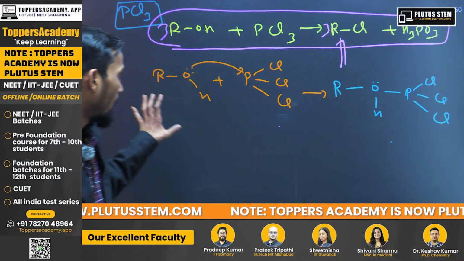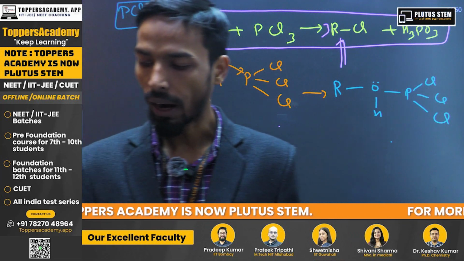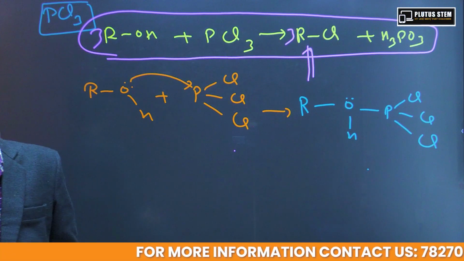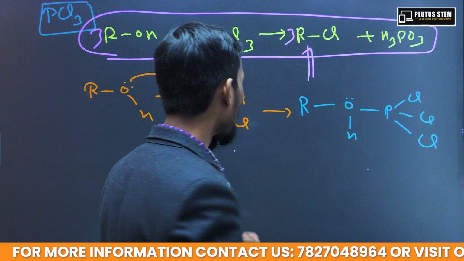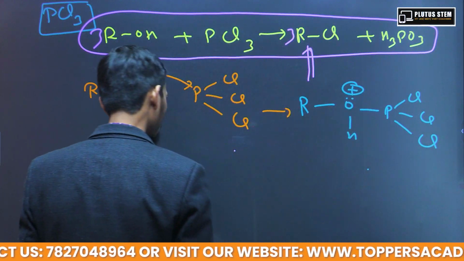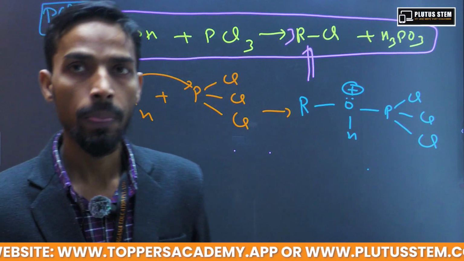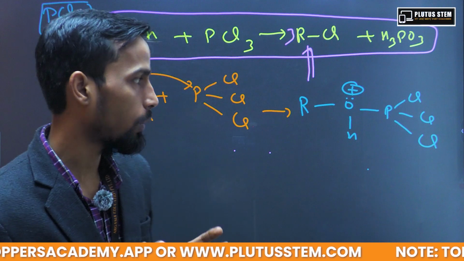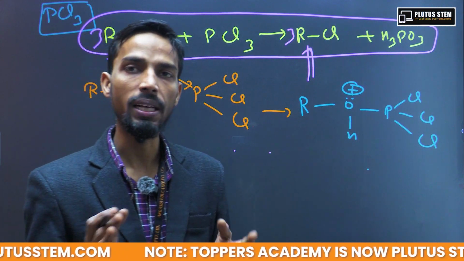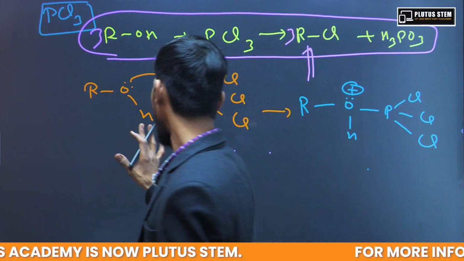This was the way ROH reacts with PCl3. If you remember in the previous step, we have removed this H like this. To remove this positive charge, we have taken the proton, but as we know, the mechanisms are made afterward. Firstly, we know the experiment result. On the basis of the experiment result, the mechanisms are written. So we can see over here